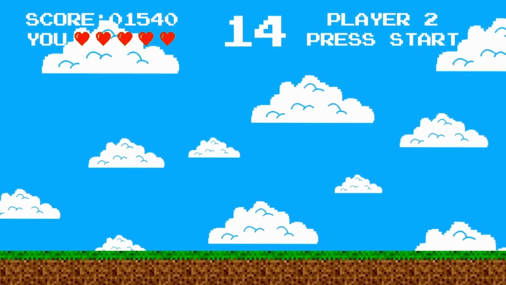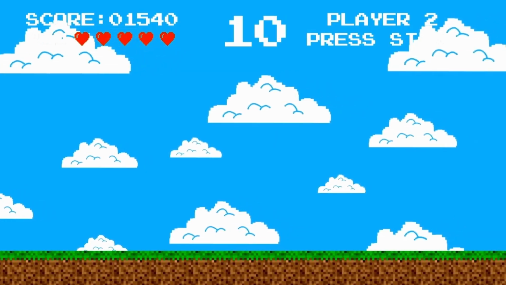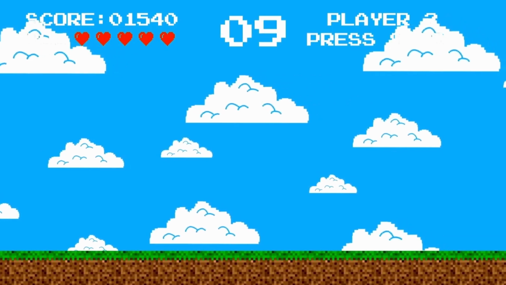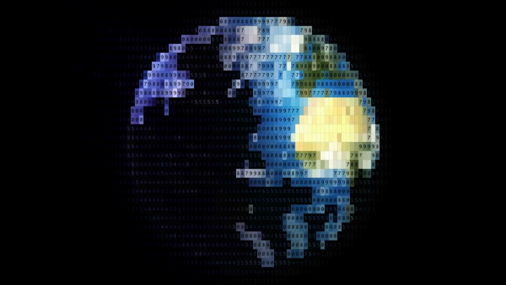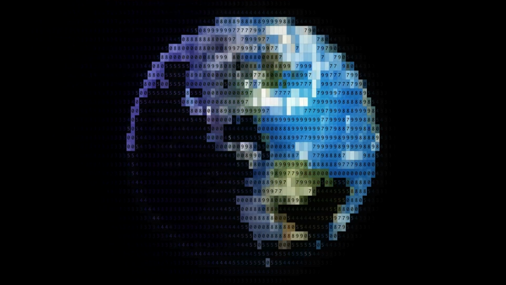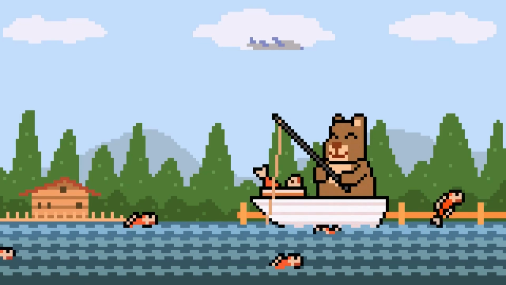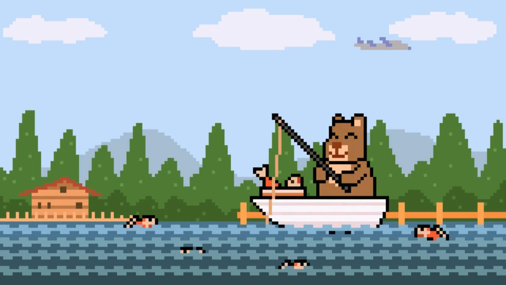Next, we've got the nostalgic pixel art. If you're a fan of retro video games, you'll definitely love this one. Pixel art uses tiny squares of color to create a larger image, often resembling those old school games from the 80s and 90s. It's a great way to give your art that vintage video game look, and it's super fun